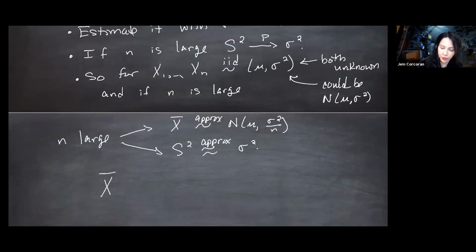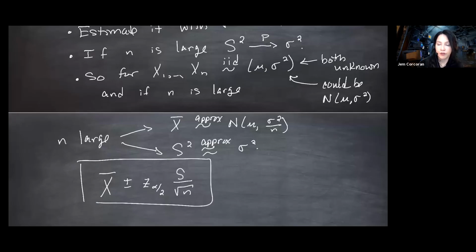So we get x bar plus or minus... Everything's nice and normal, at least approximately. So we would use critical values from the normal distribution, and we'd have s over the square root of n as a confidence interval, at least approximately, for large samples. So now I want to start getting precise. Small samples and unknown parameters and removing normality, and let's do it.